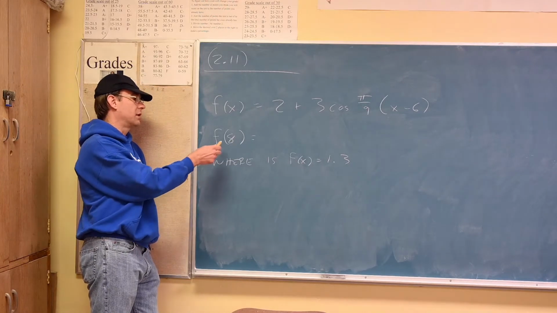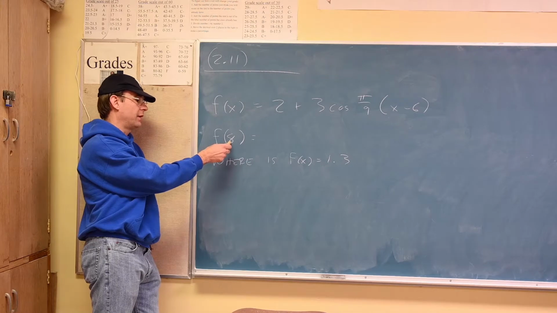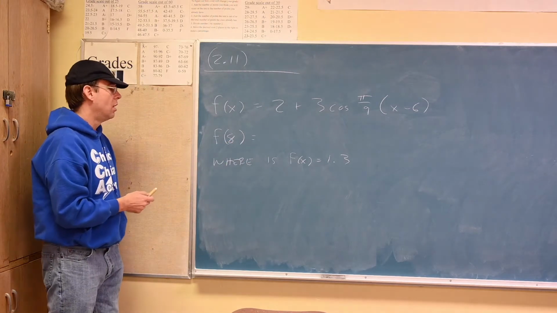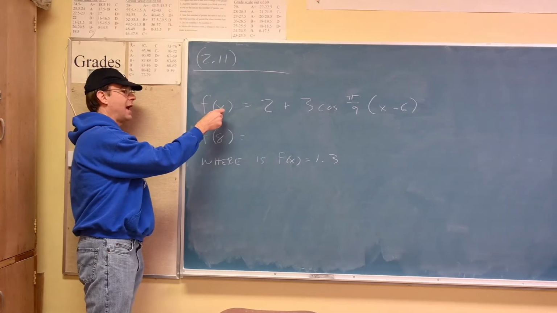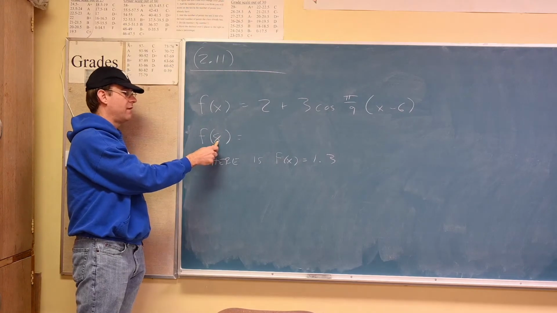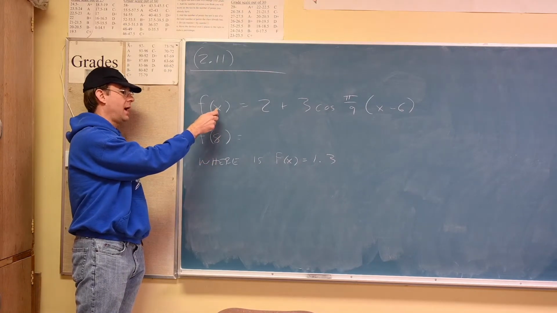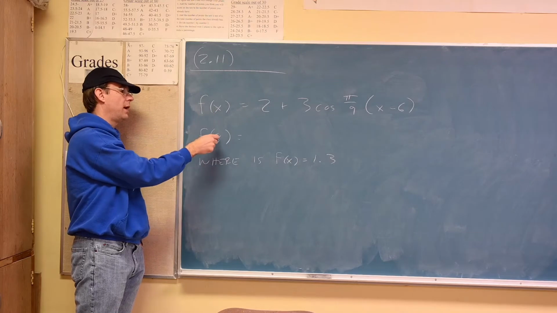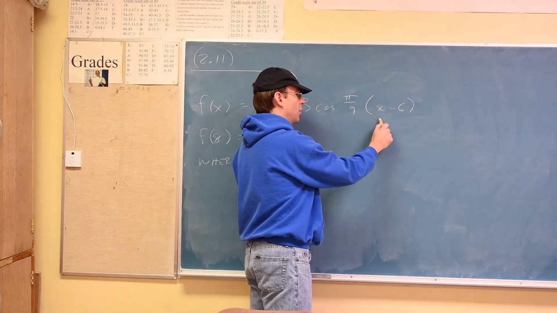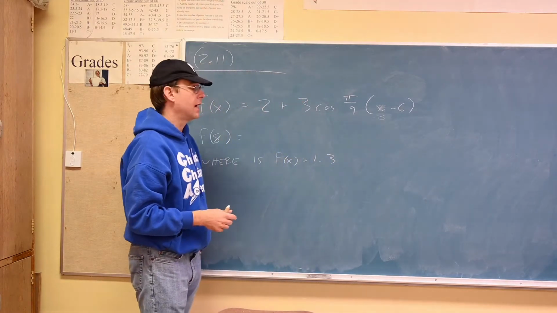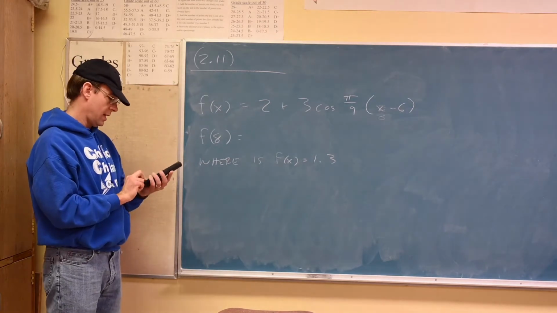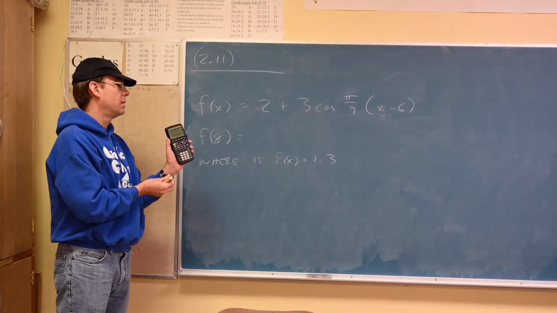So the easy question they're going to ask you is to find something like f of 8. Okay? If they write f of x equals blah, blah, blah, all this stuff, when they ask you to find f of 8, all that means is to replace the x with an 8. So you just find where the x is, replace it with 8, and hit a bunch of calculator buttons. So if I do that, this should turn me out